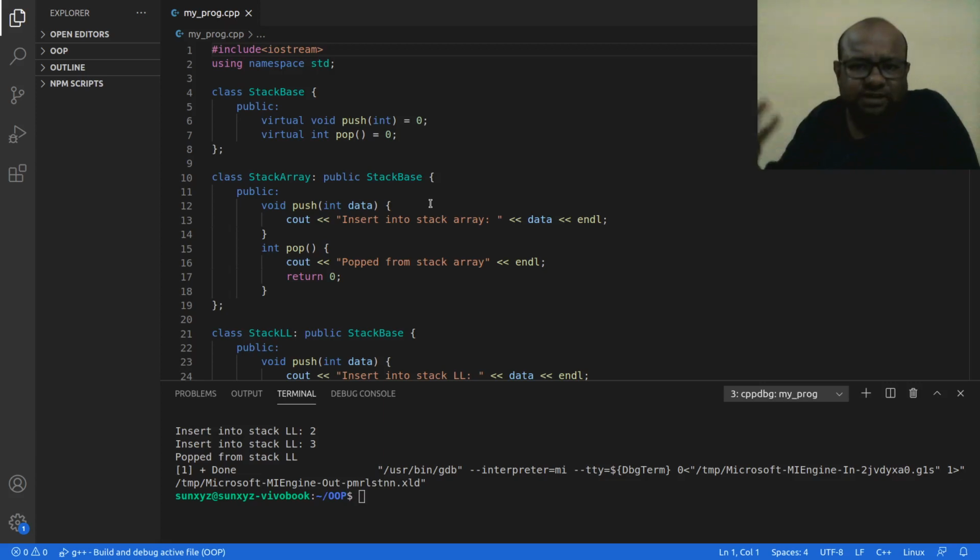But if instead of a simple virtual function, I use a pure virtual function, my parent class is going to be abstract, and I cannot create an object out of my parent class. But then I can create a pointer of this parent class type, and I can make that pointer point to a child class object, right?